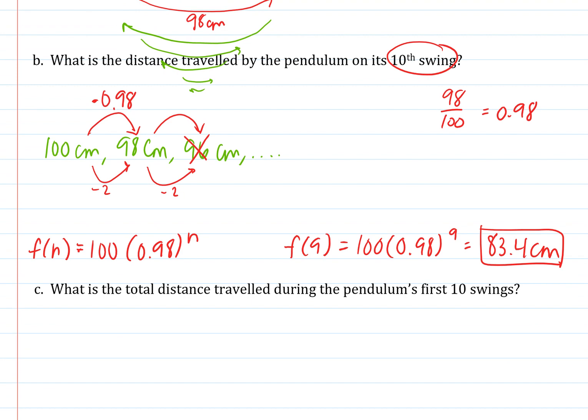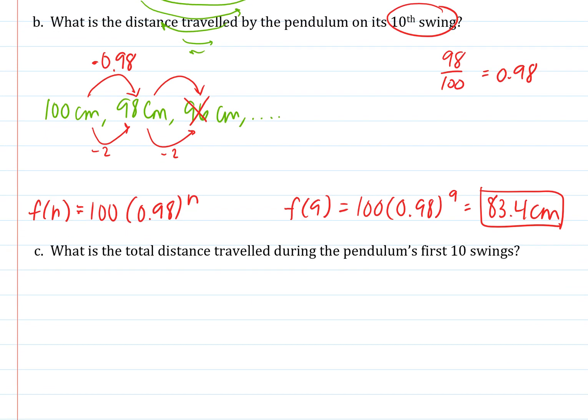What's the total distance traveled during the first 10 swings? That would mean how far did it travel the first swing and the second and the third and the fourth. You can tell that we're adding terms up. So we're adding up terms from this sequence, 100 times 0.98 to the nth power, where we're starting with the initial term and going until 9 terms after the initial term, so 10 total swings. And you get that this sum is